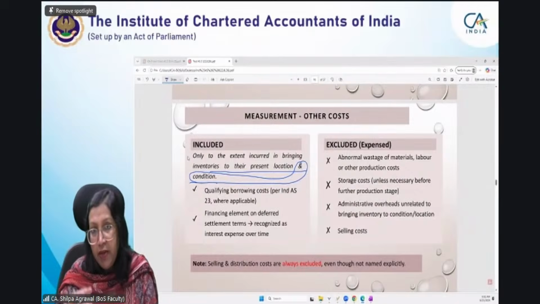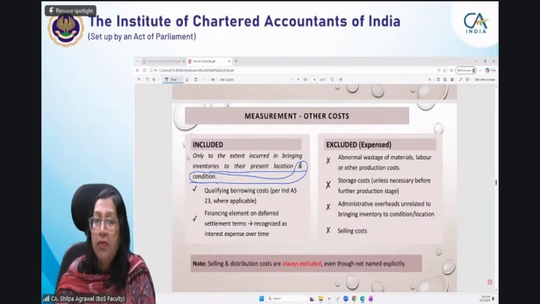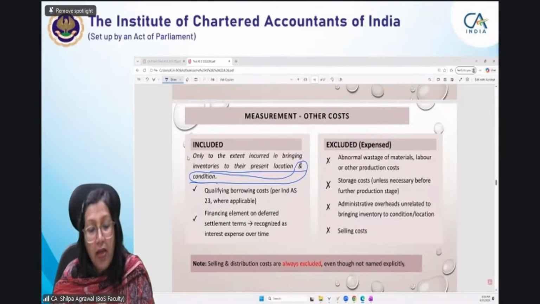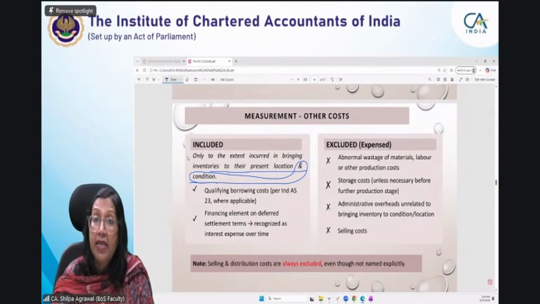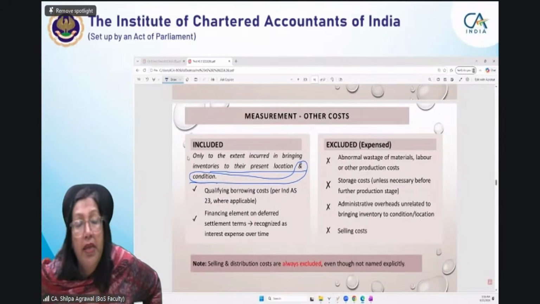But we bring that gehu to our workplace or to the chakki, that is to bring it to your present location. And present condition means in the form in which you are going to sell it as a final product, that is your flour. And for that flour, you have to incur cost, electricity cost, your machine depreciation cost also. Besides that, whatever labor services you are incurring to grind that wheat and make it wheat flour.